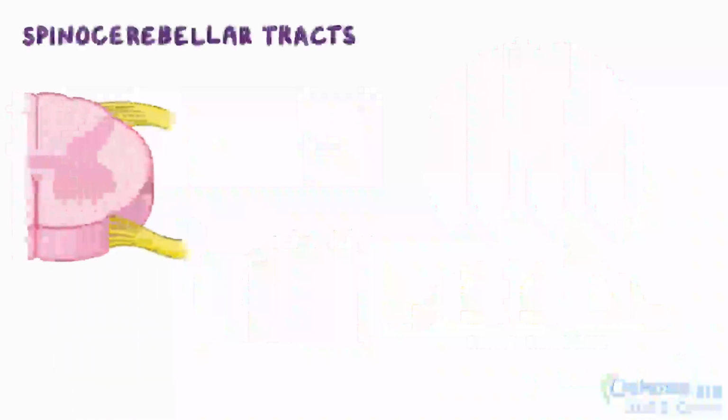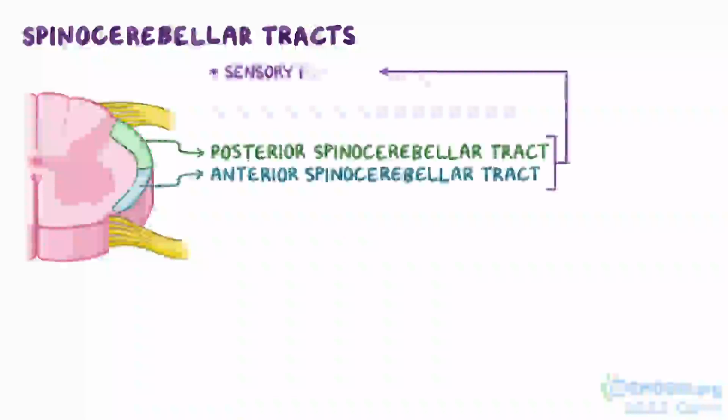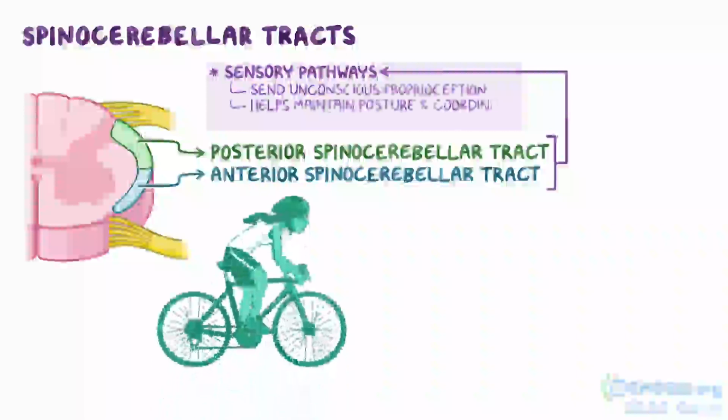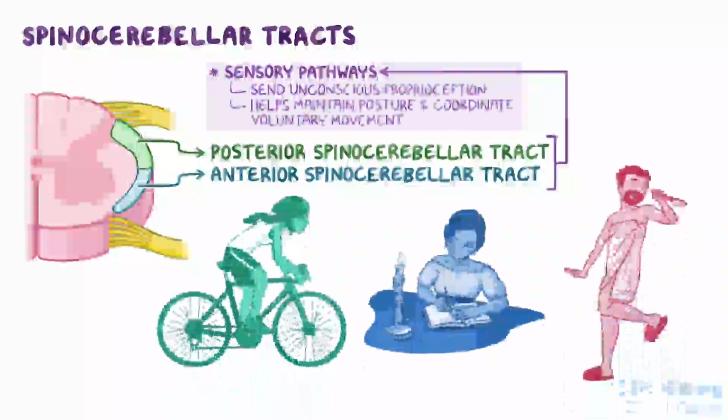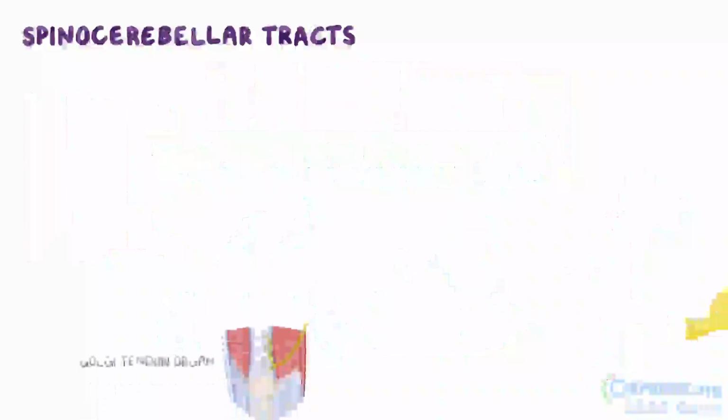The last of the ascending pathways are the spinocerebellar tracts. Of the three tracts that send proprioceptive information to the cerebellum, there are two that are prominent in the white matter of the spinal cord, the anterior and posterior spinocerebellar tracts. These are sensory pathways that send unconscious proprioception to the cerebellum, which in turn helps to maintain posture and coordinate voluntary movement. The signals on these pathways originate in proprioceptive receptors such as muscle spindles and Golgi tendon organs, and